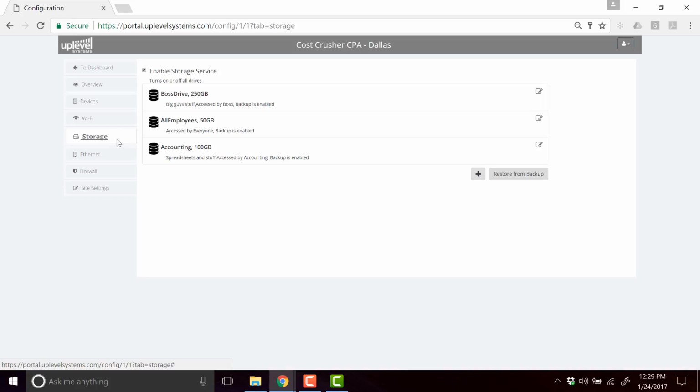Now let's look at network attached storage, or NAS. The system ships with a 1 terabyte solid state drive, or SSD, that can be partitioned into virtual drives for each group. All users in the group can access all files on their virtual drive, creating a convenient means to